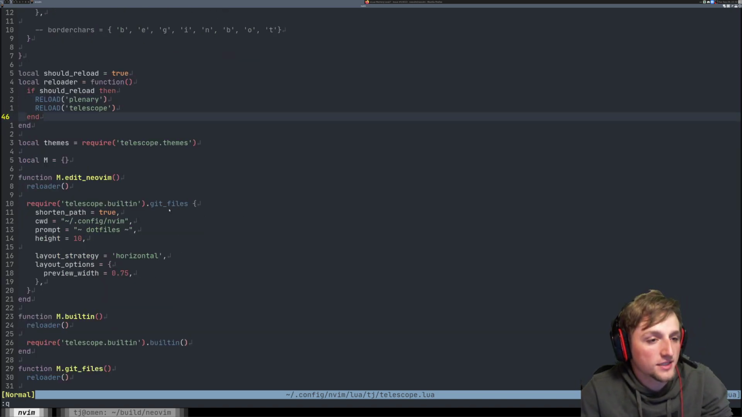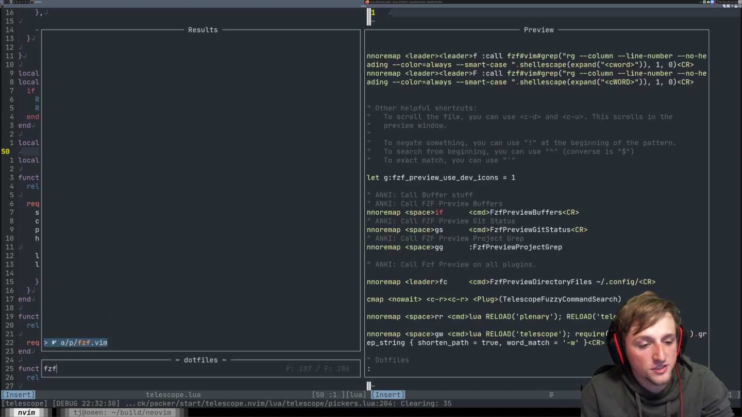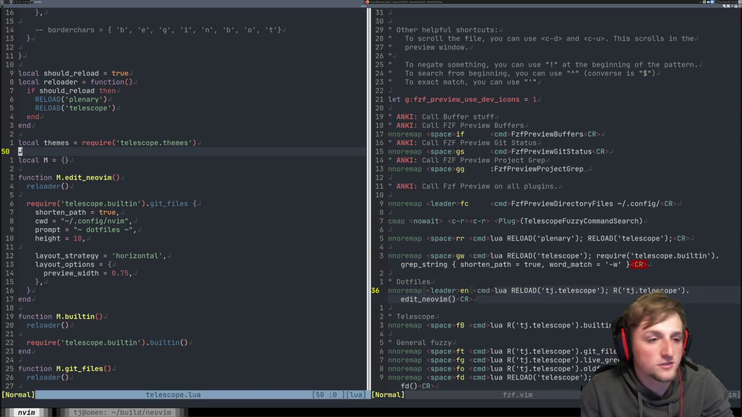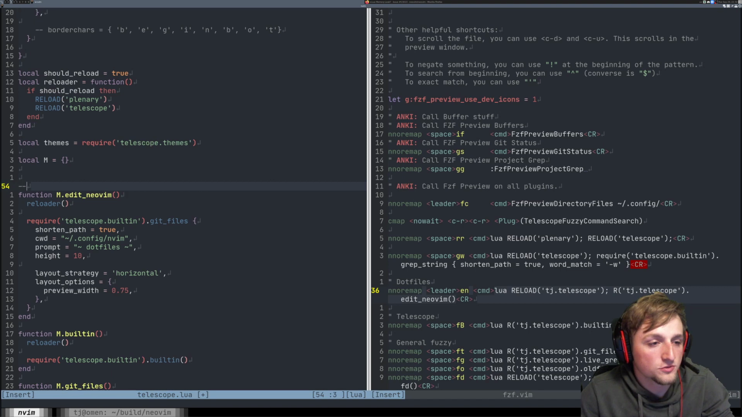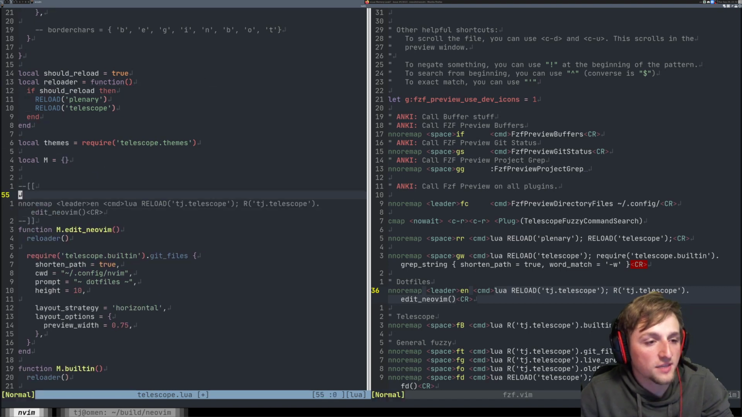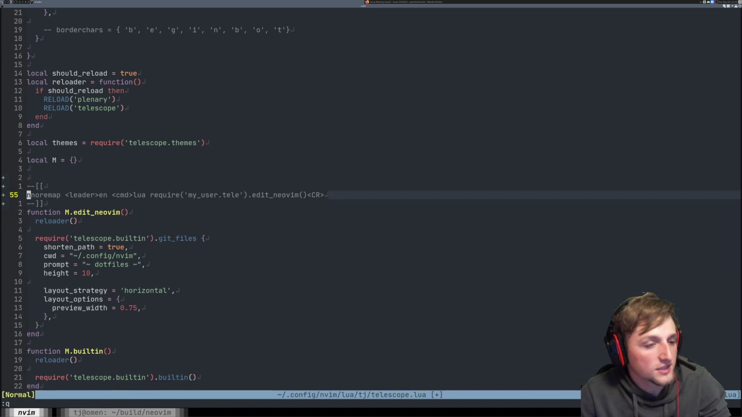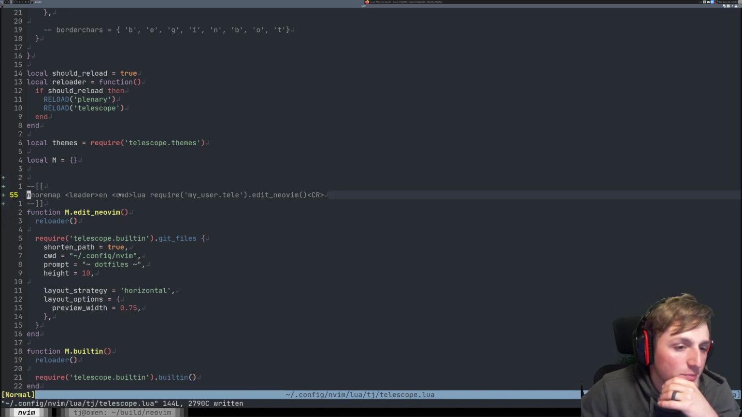So I have a mapping, which is still in my old FZF here, which just basically says for people who want to do something like this, you would probably have some mapping somewhere that looks like, we'll get rid of these reloads because you don't need those. Just require my user.tele or something like that, edit neovim, right? So this is how you could then set up this command to run and require some setup and then edit